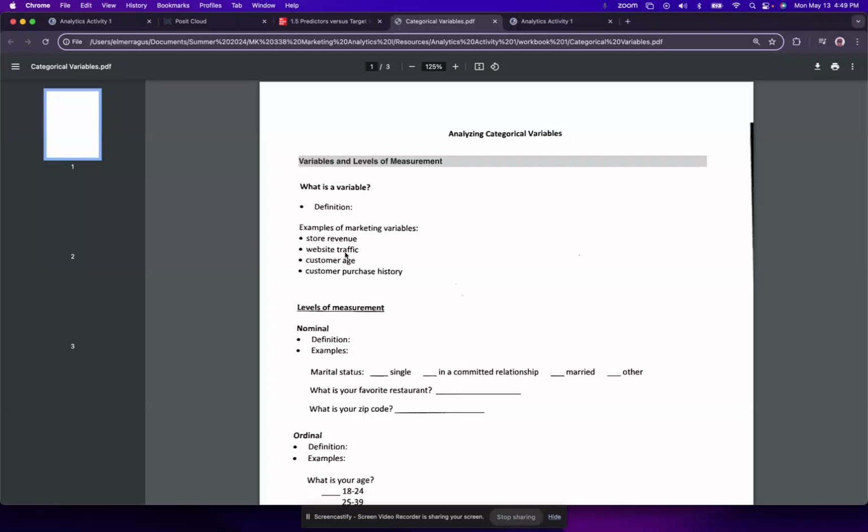That'll vary based on what web page we're talking about. And then customer age, well, that will also vary because not all your customers will be the same age. And then customer purchase history, same thing there. Every customer is not going to be buying the same thing. Each customer will have their own purchase history that's unique to them, so it'll vary. These variables will vary within the database.